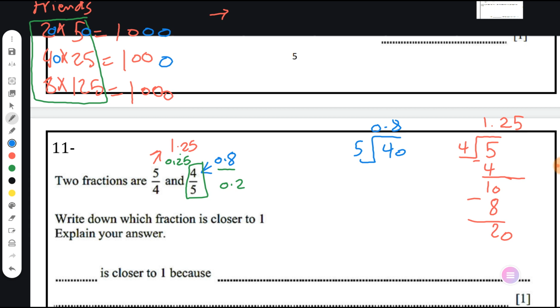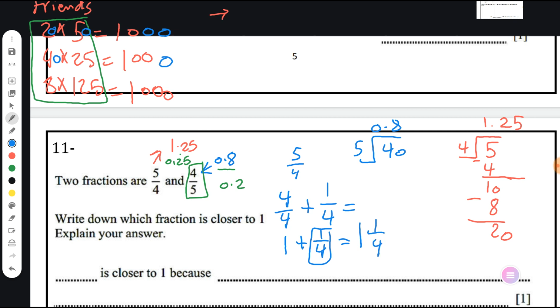Another way, I can write 5 over 4 as 4 over 4 plus 1 over 4, which is the same as 5 over 4. Okay? 4 over 4 equals 1, plus 1 over 4, which is 1 and 1 over 4. This is the first one. Okay. Second